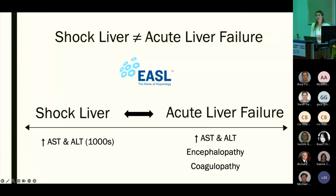This was hard for me as a trainee and throughout this case, because oftentimes we're talking about shock liver in the ICU, and we go and look at their coags, and they're wildly elevated. One thing that I've had to really drive home for myself, and want to drive home for you guys, is that when we're saying that this is a case of shock liver, it's because we truly believe that the liver function itself is preserved